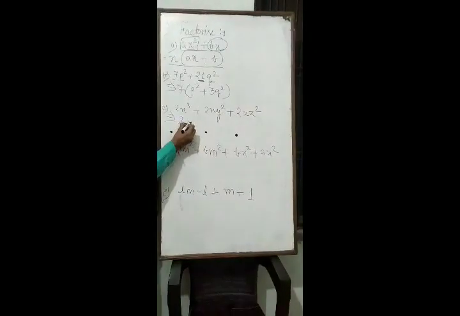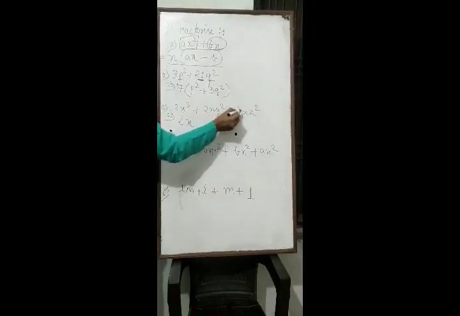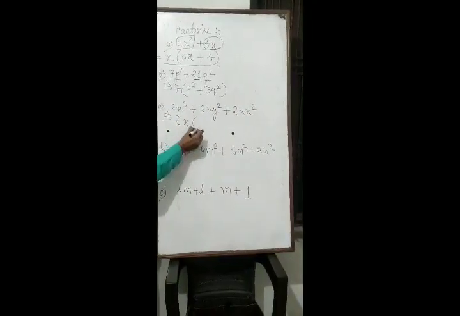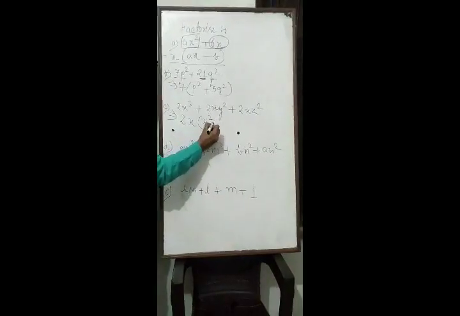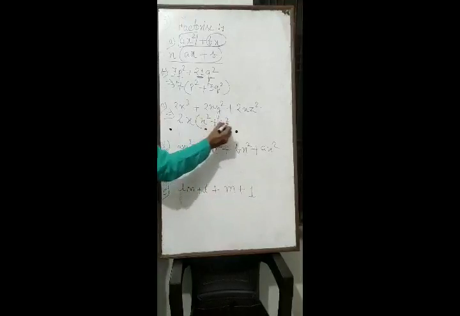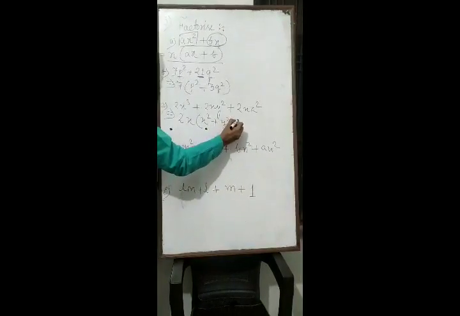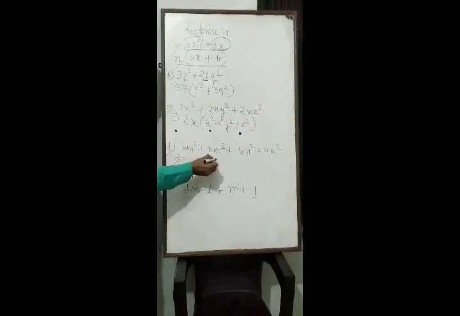So we can take x common and let's count the degree here. Here is 3, here is 1, here is 1. So we take x as a common. From the first term x square will be remaining, second term y square will be remaining, and the third term z square will be remaining.